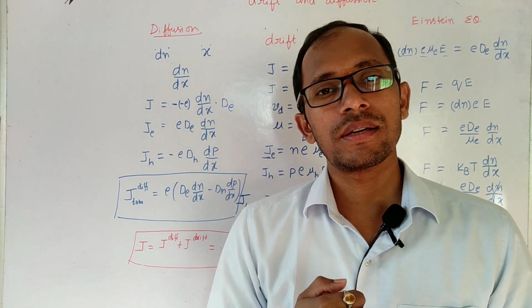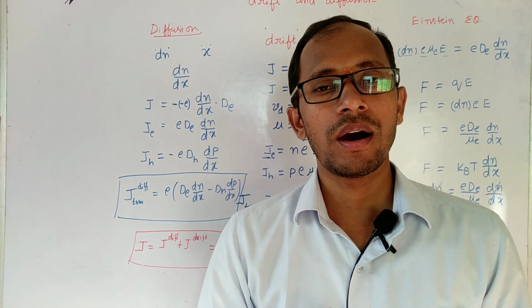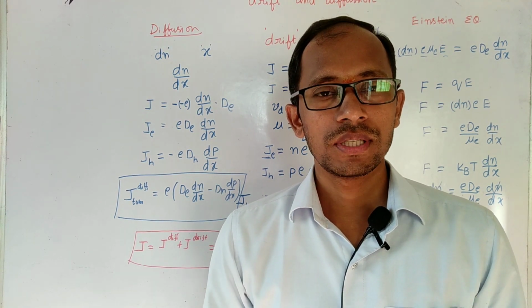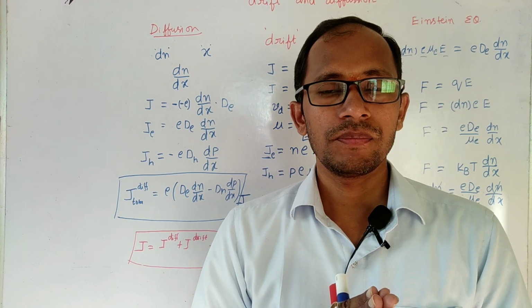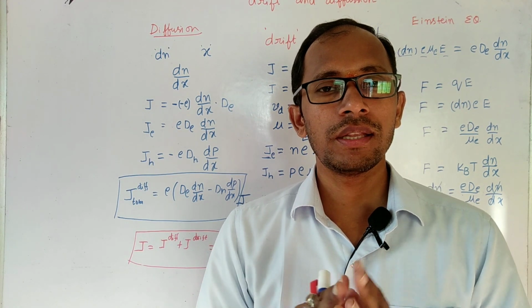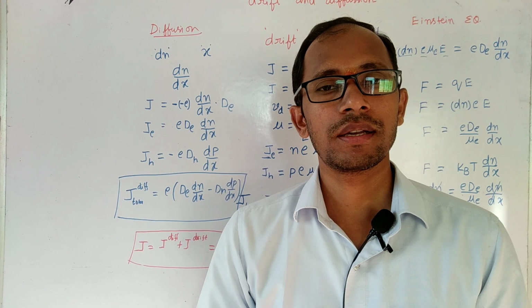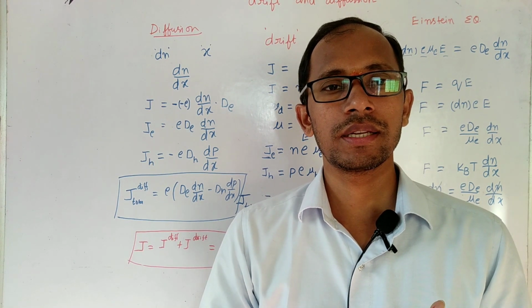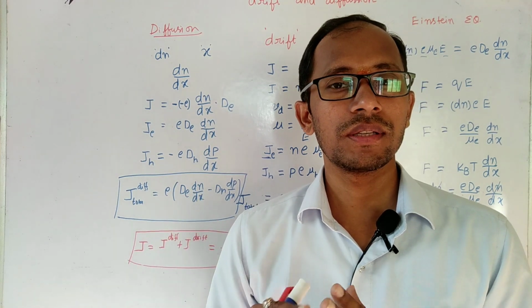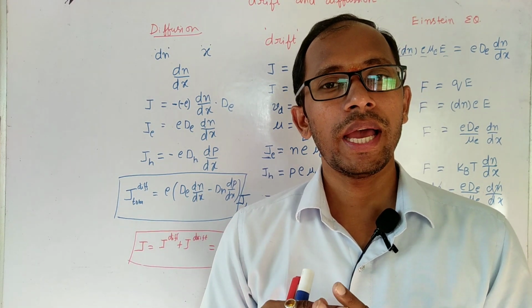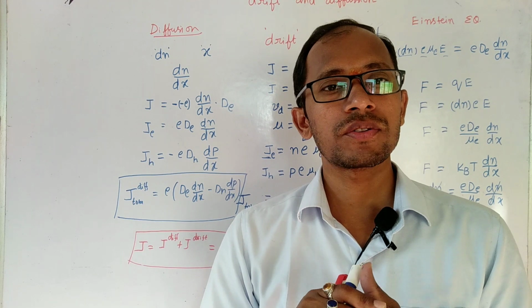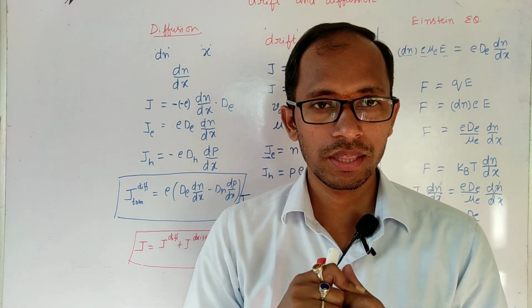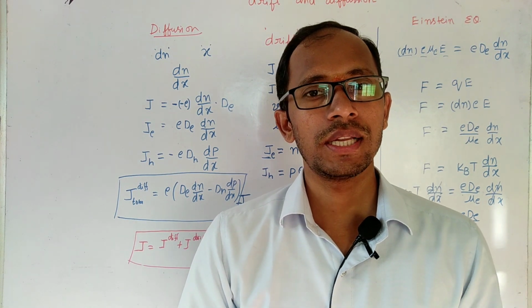Now we will discuss the Hall effect in the next lecture. What is the Hall effect in the case of semiconductors? According to quantum theory, the distinction between metals, semiconductors and insulators has been explained using this theory. There is one more thing left, the positive value of the Hall coefficient, that we will discuss in the next lecture.